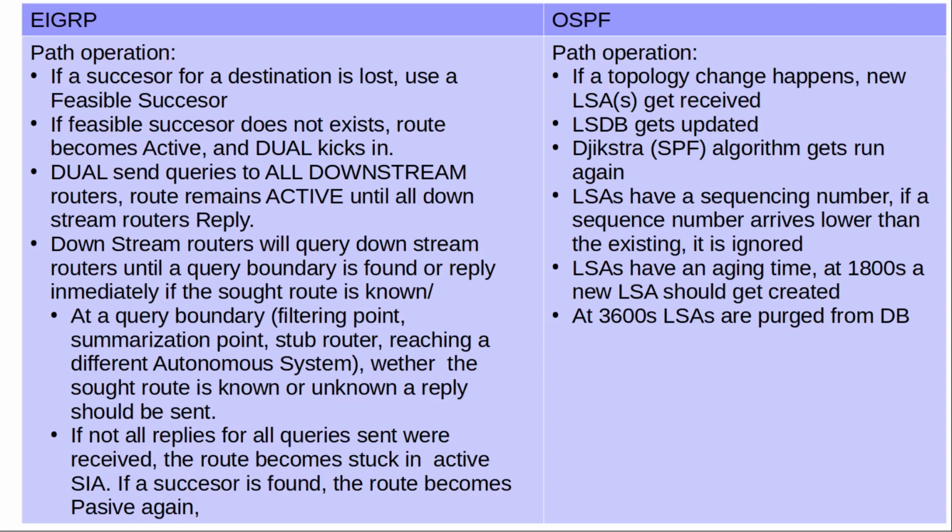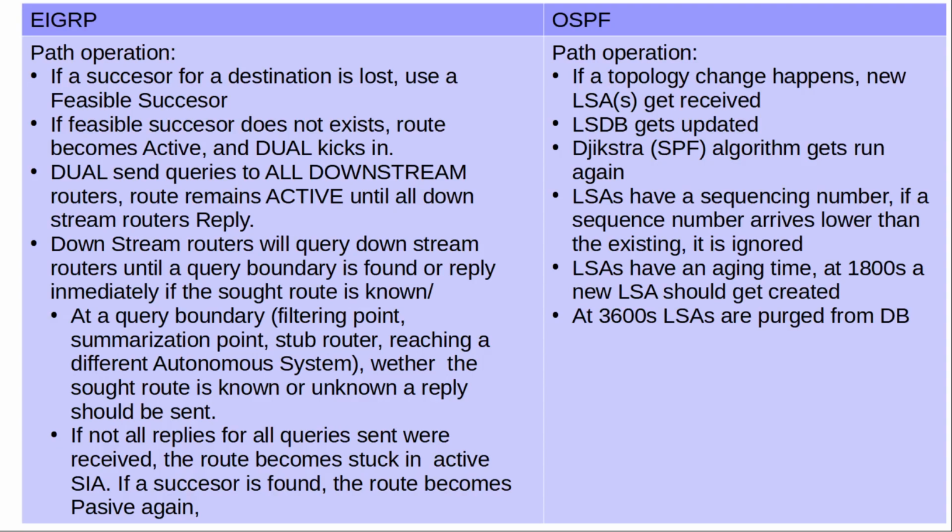What happens if you have a change in the network? For instance, what happens if the next hop for a destination is lost? In that case, EIGRP will do the following. It will try to use a feasible successor, which is an alternate next hop. So if a feasible successor does not exist in the topology table, the route will become active, and DUAL kicks